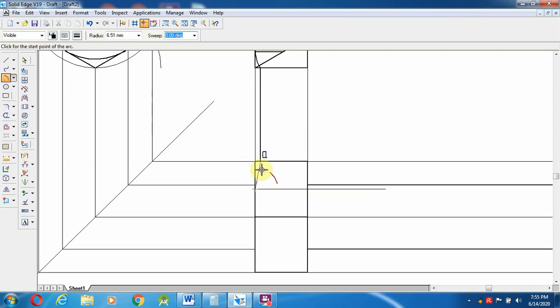8.38, and 8.38. The other side I am going to draw over here, 8.38.